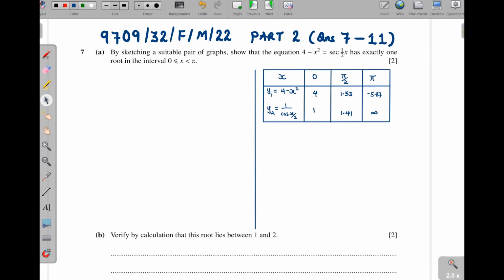Then now I can draw my axes. Just duplicate this one here. Then this one here. So this is our y-axis. And this is our x-axis. So this would be 0. Then I'm going to put pi over 2 here. And then this will be pi. Okay. Then up here we have the